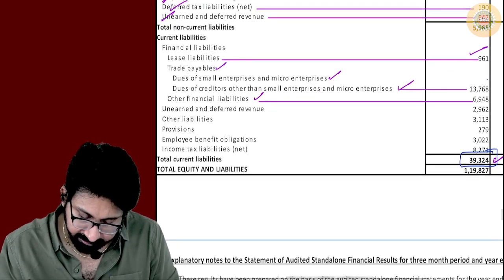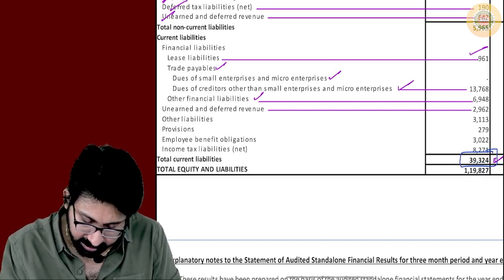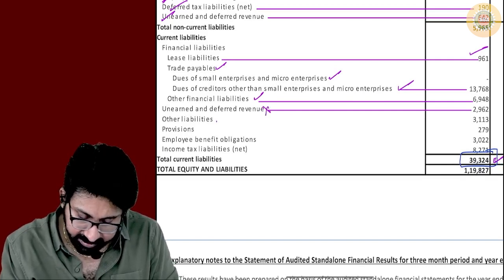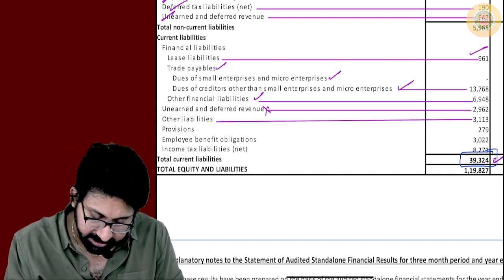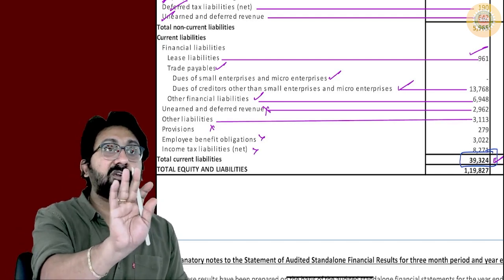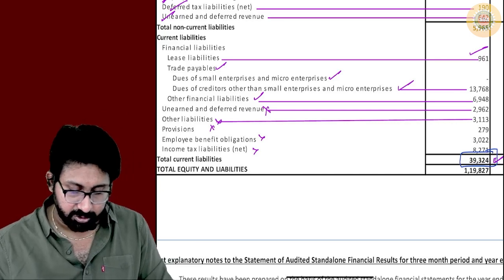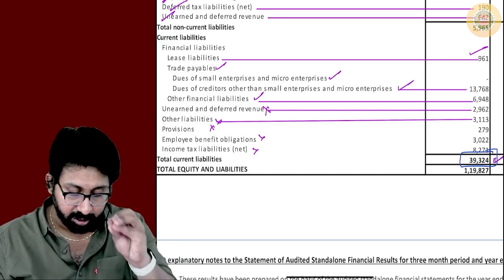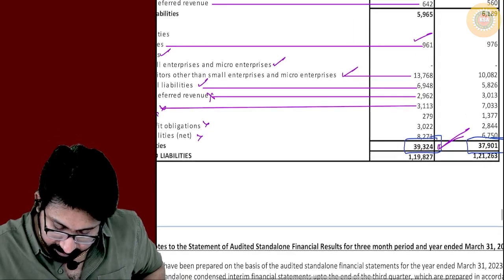Next, deferred revenue is a debt or not a debt? Not a debt. So let's not consider this. Other liabilities are there. What liabilities? Provisions, employee benefits, taxes, all these are not debts. These are only liabilities. Other liabilities also should not be taken. So how many debts are there? Short-term debts. Please tell me the total of all the 4, from where we should start.